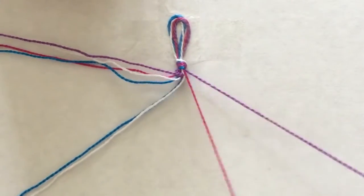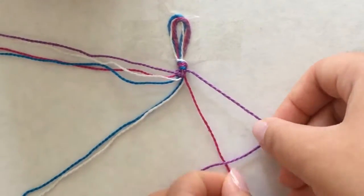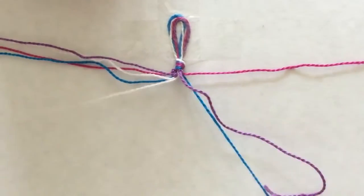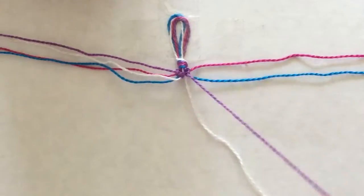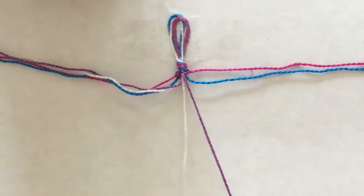Once I was done making the 2 knots for the white thread, it was time to move on to the next side. On the other side that you will be working on, again, start from the most outer thread and go inwards. After you complete the first row, you'll see that there is a shift to the order of the